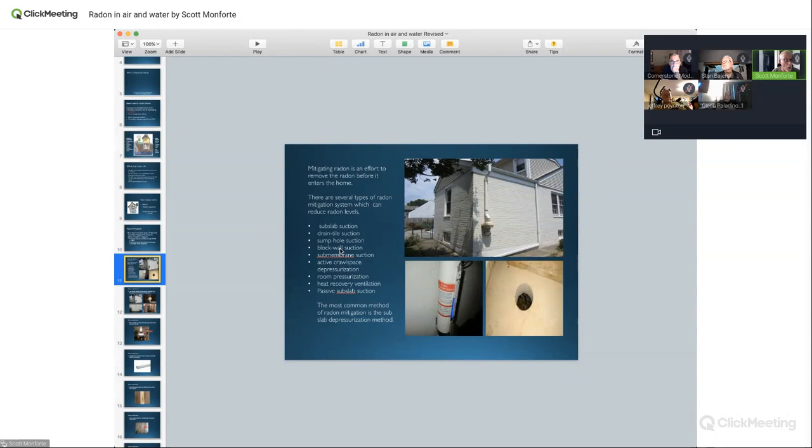Sometimes bigger homes, 3,000, 4,000, 5,000 square foot, newer homes, we'll go with a bigger fan. In some cases, I just did a house in Connecticut where I put 3 systems in because it was 15,000 square feet. And I put 3 different systems because it just was easier to do it that way than run pipe all over the place. So 3 passive systems, and we'll talk about passive.